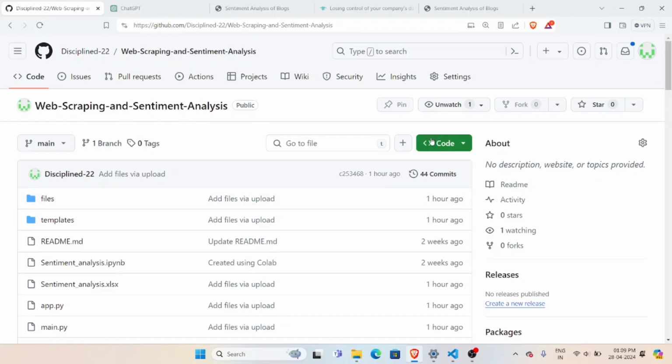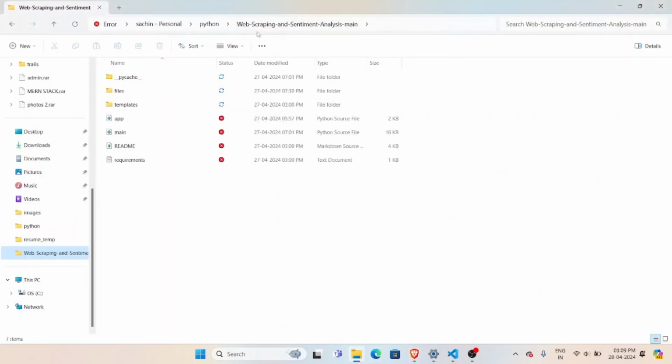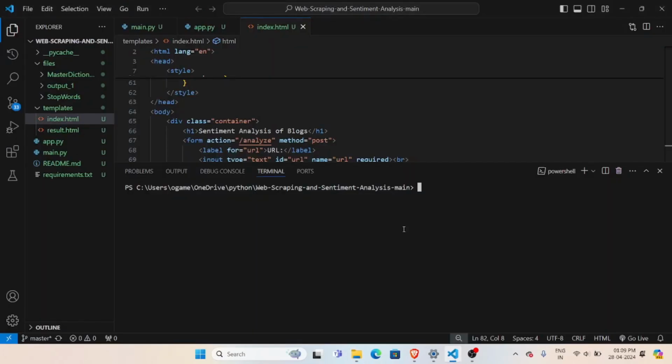I'm going to be explaining how to use this web scraping and sentiment analysis project. First thing you have to do is download the zip file, and then run this web scraping and sentiment analysis folder in your Visual Studio, and then eventually you have to run this code, which is Python